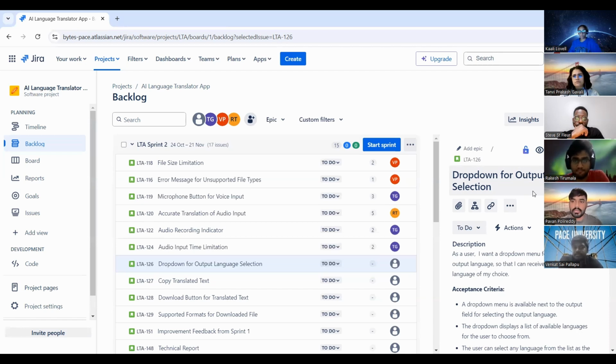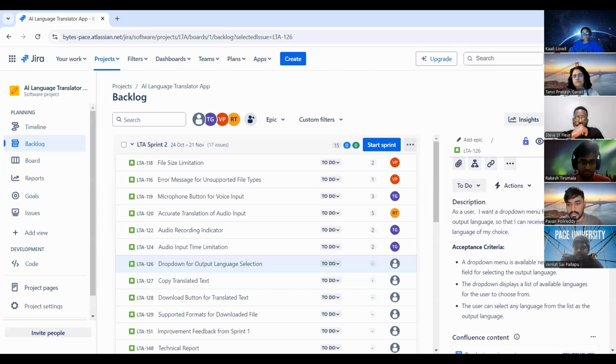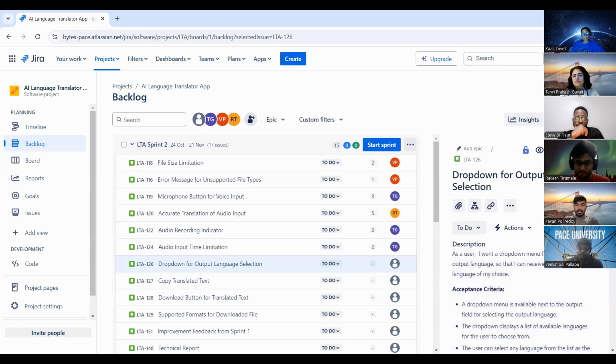Okay. If you want you can send it to me. I think currently it's not hard coded. I have integrated an API that is giving only 10 to 15 languages, I guess. We need to show more languages over there.